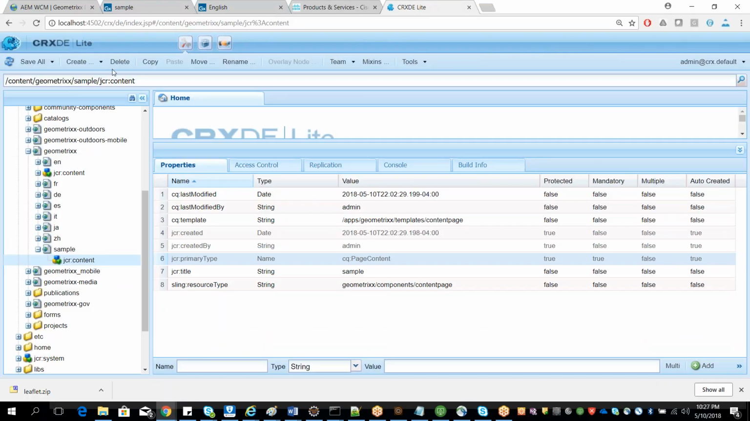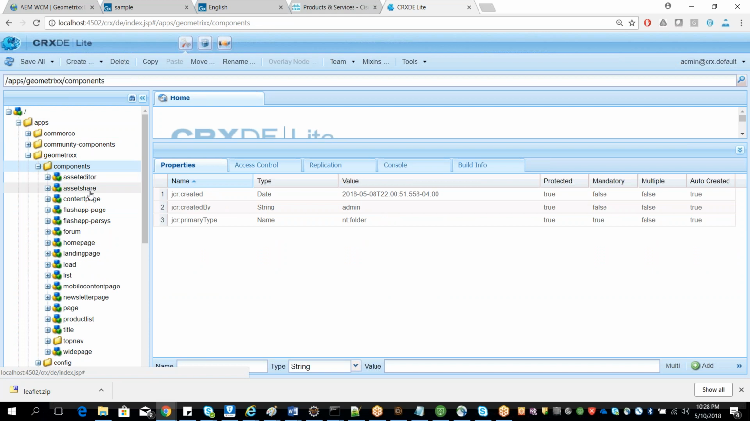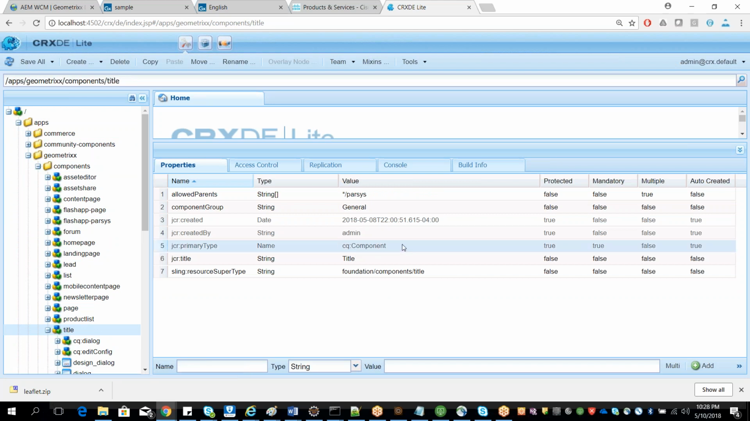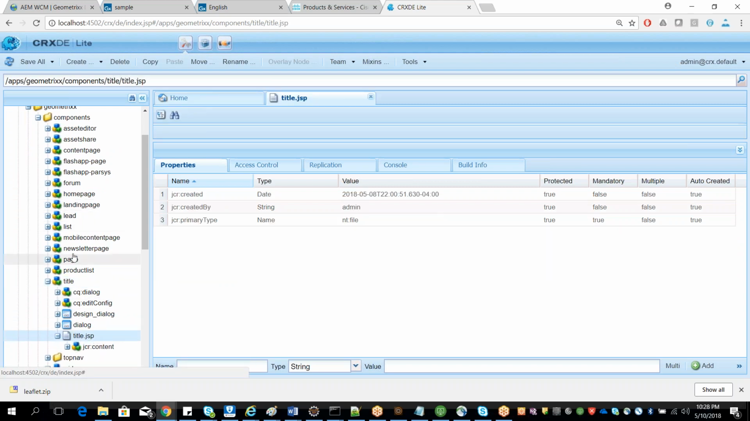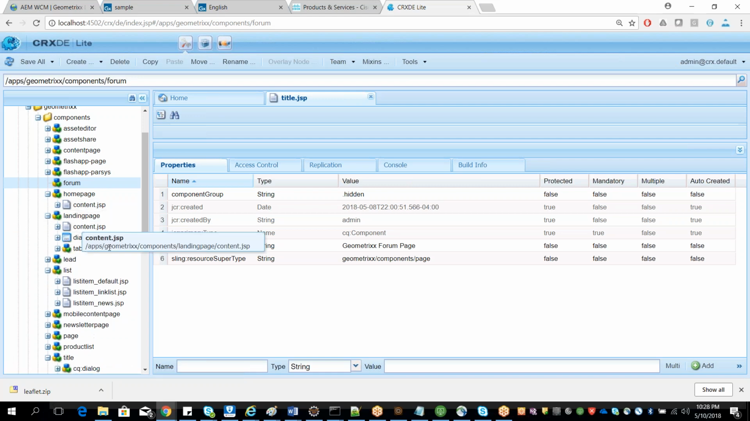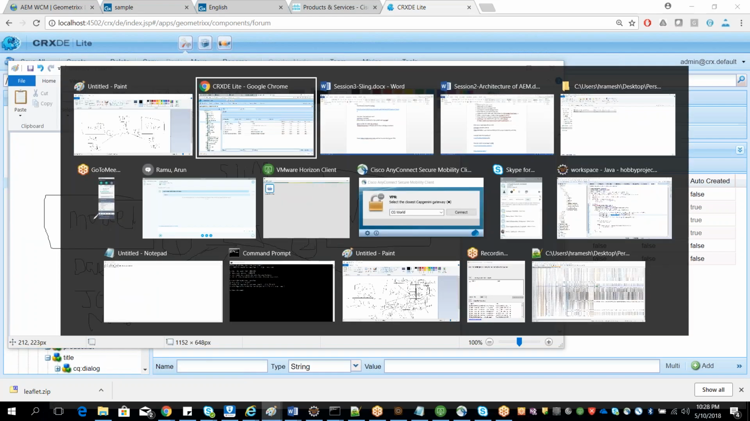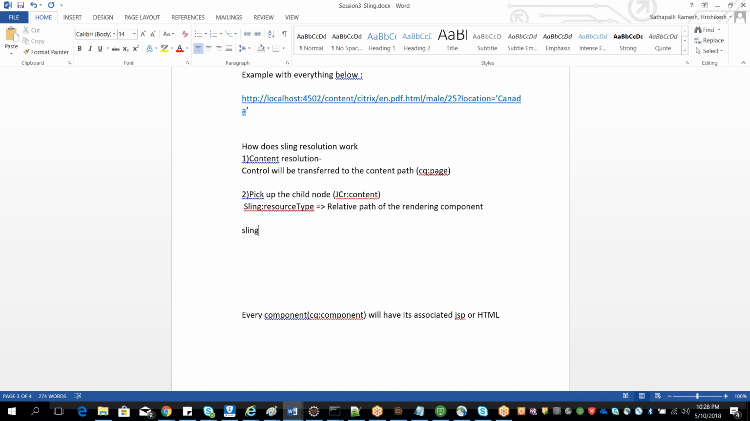So what I'm trying to say over here is, usually when a developer comes, where does the developer create the components and templates? That would be below your apps folder. You see that there is a geometrics, components, and over here, this is the CQ colon component. See this? And this component has its JSP. You look at any component and it would have its JSP. So that's what I'm trying to convey over here. Every component will have its associated JSP. The Sling resource type points to the relative path of the rendering component. Once you see an example, everything will be clear. Do not worry. Your Sling engine